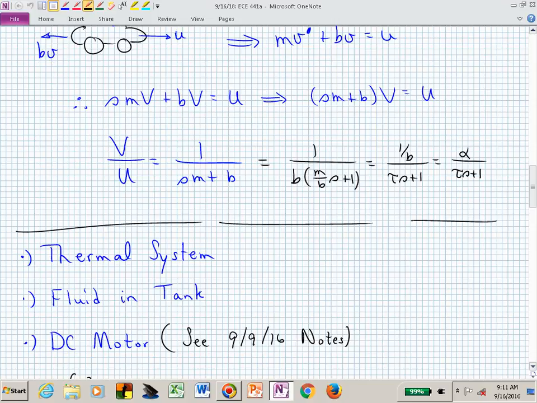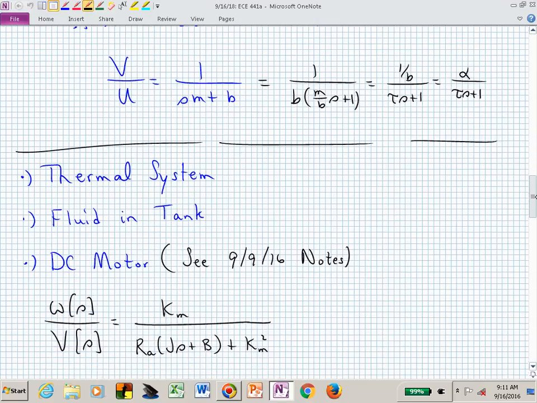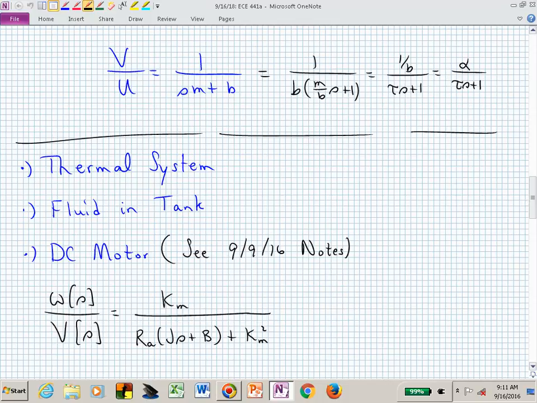That also has this first order dynamic behavior to it. If, and this is related to one of your homework problems, the DC motor that we talked about, I don't even know how long ago that was, but I do have the date, the 9th of September, that seems like quite a while ago, but it wasn't that long ago. If you look at that at the end, and I think I put these in after class, so you'll have to look at the tail end of those notes,